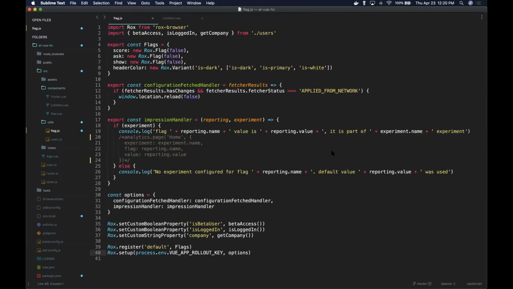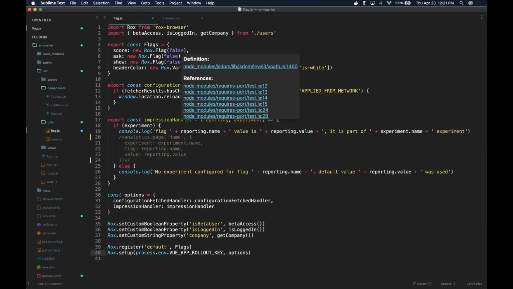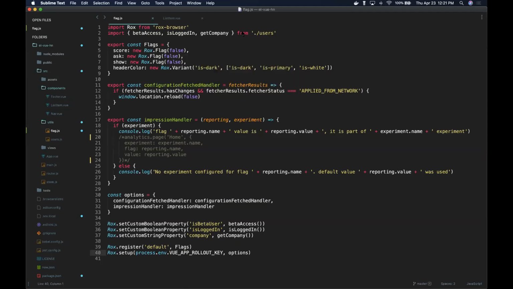So right now we're just looking at a couple of lines of code, and this is our flag class where we're declaring our feature flags. And for the purpose of this demo, we have a simple Hacker News application, and I want to implement a new score feature that rates the popularity of each article. But because it's experimental in nature, I'm going to gate it behind a feature flag, and I'm using that safe mode false value so that